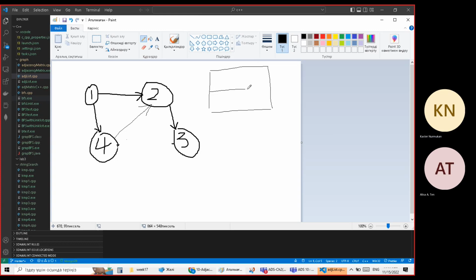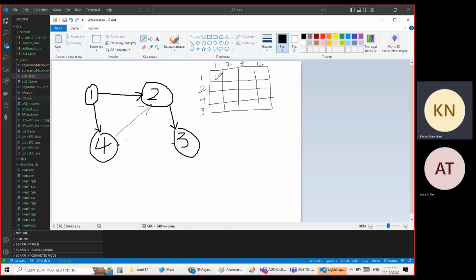The nodes are 1, 2, 3 and 4; it doesn't matter, they don't necessarily have to be the same order. This is the row, and for example 0 to 0